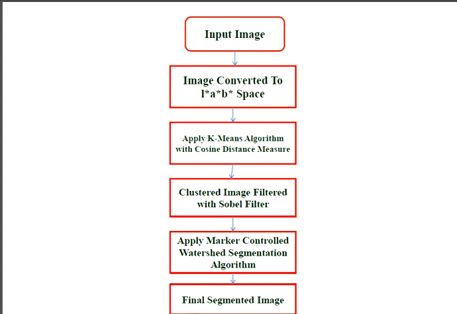Then on that, we are going to apply our k-means clustering algorithm. But the distance metric plays a very important role in the k-means algorithm. With respect to these tasks, color image segmentation where we are dealing with pixel values, I chose the cosine distance metric. We have different distance metrics and their performance comparisons.